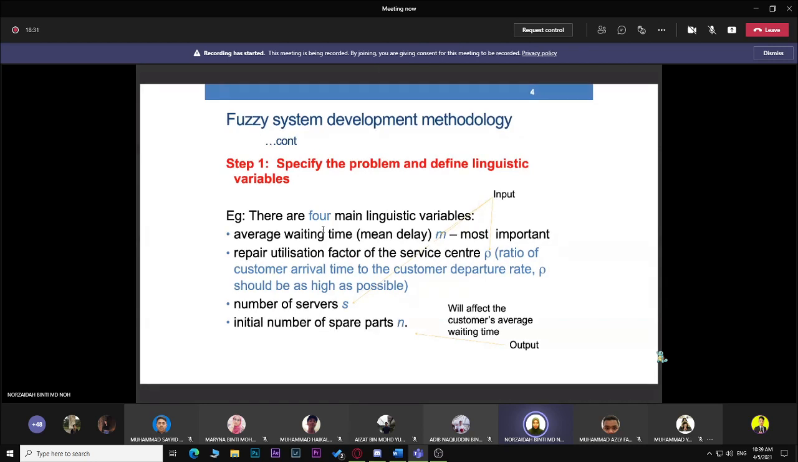Okay, dekat sini dalam example tu tadi, if you look at the steps, kita go back to the steps. The first step is to specify the problem and define your linguistic variables. Okay, dalam case dia identify there are 4 main linguistic variables. Apa linguistic variable dia? The first one is average waiting time. Waiting time ni berapa lama delay daripada customer tu masuk sampai dia dapat spare parts untuk diganti kepada bahan kenderaan